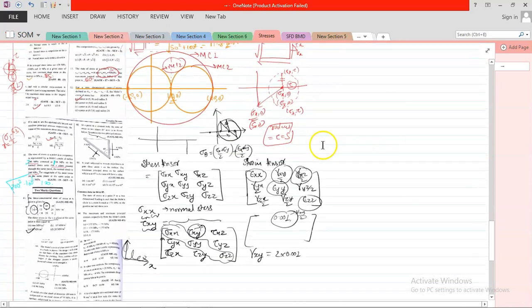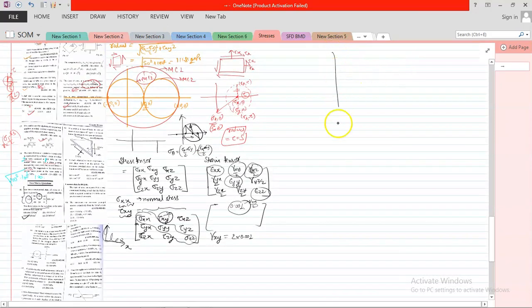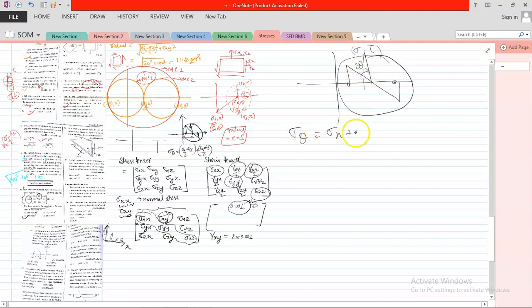Oh, it is getting very complex, so let me write it here. For any Mohr circle with two points and a shear stress, if you draw it at any angle theta, 2 theta, you have given sigma and tau. Then sigma at any angle theta, please remember this formula: sigma x plus sigma y by 2, this is the centered position, plus sigma x minus sigma y by 2, not radius, this is the centered position,